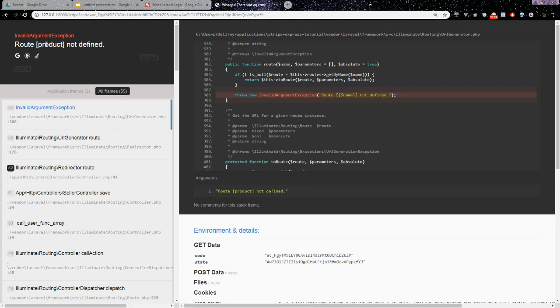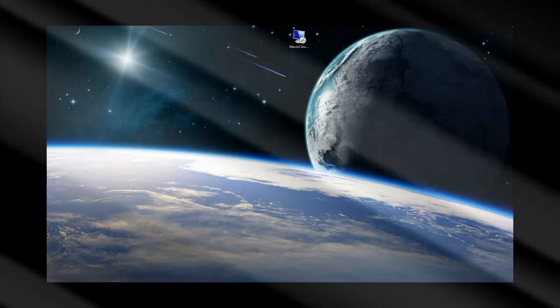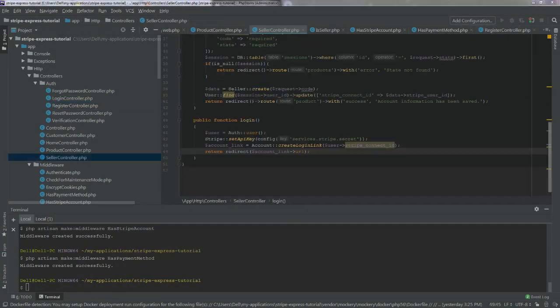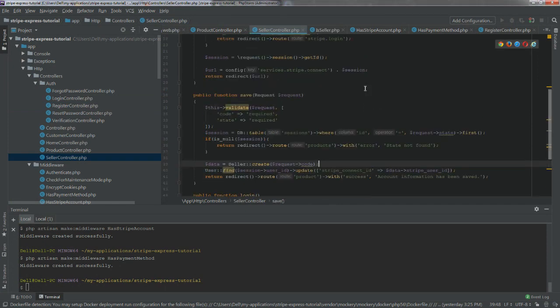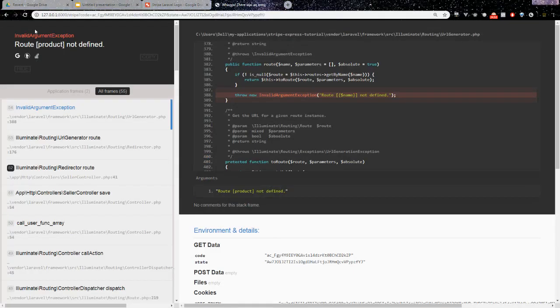And so route product not defined. And so we're getting an error, which means somewhere in our code, there's an issue. So, all right. So the issue was when we try to save that account information, it's supposed to be route products, not product. And so we can go back